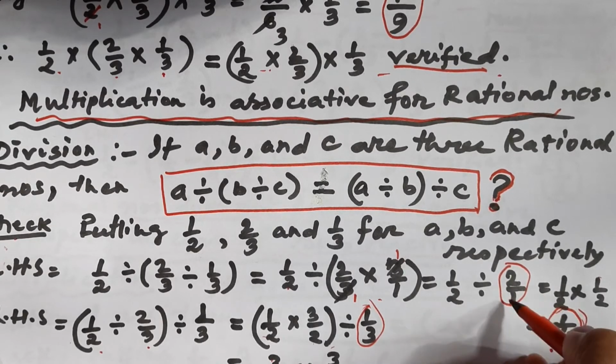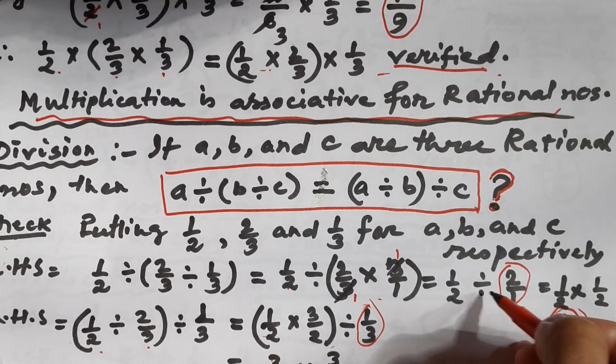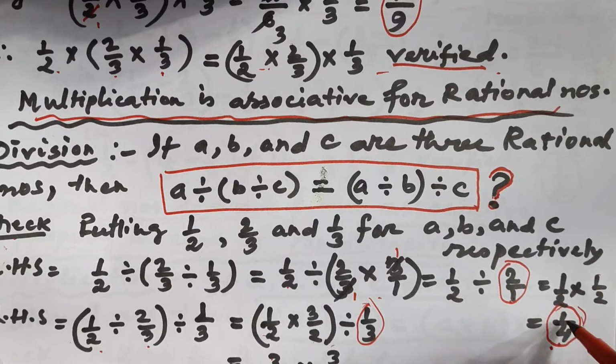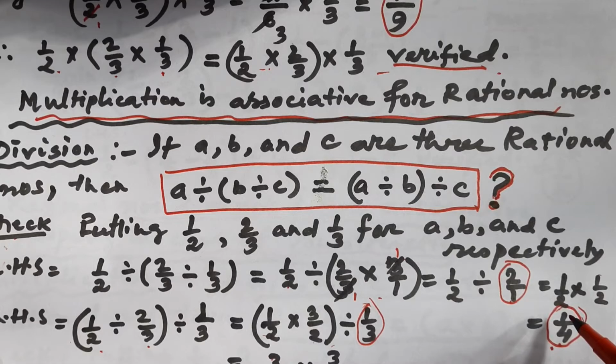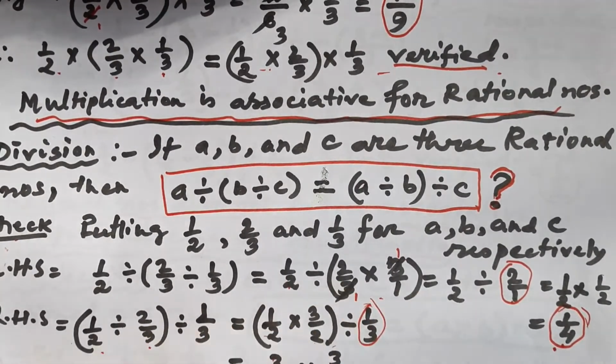So, we have to replace 2 by 1 into 1 by 2 and division sign into multiplication sign. So, 2 2s are 4 and 1 1 is 1. Therefore, LHS equal to 1 by 4. Let us check RHS equal to 1 by 4 or not.